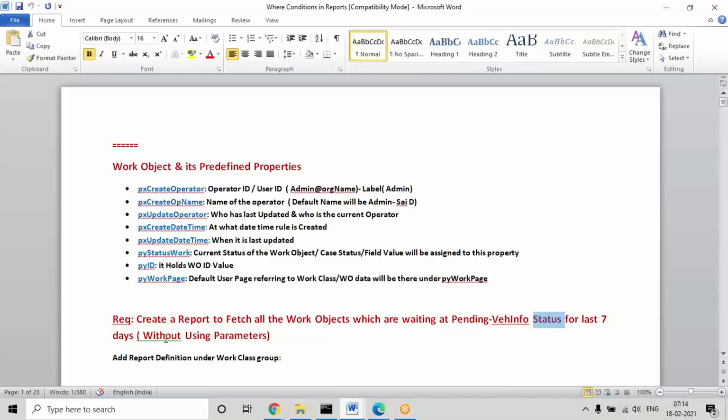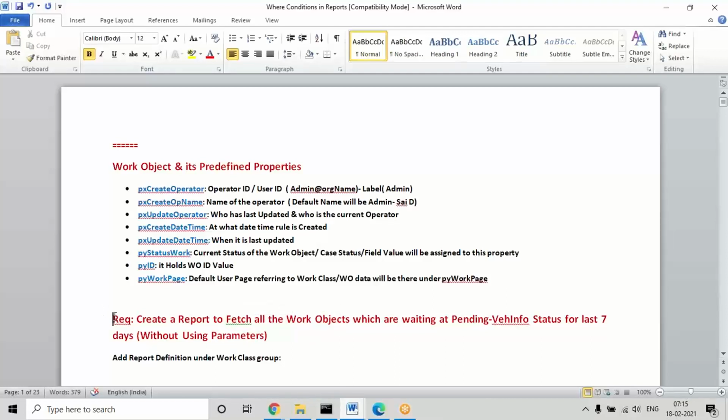What these parameters are, you'll understand in the next example. This one we are doing without parameters, which means we are going to hard code the condition. What hard coding the condition is and what parameters are, you will understand. Today's first example is without parameters, and the next example will use parameters. So the next topic is understanding what parameters are.